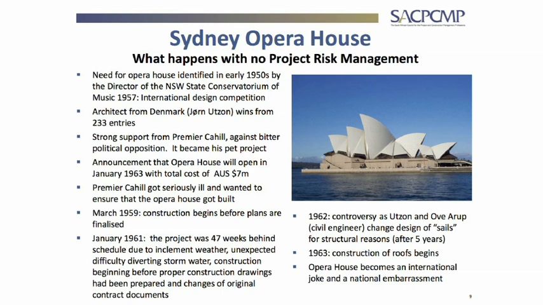They received about 233 entries, of which a guy from Denmark, Jørn Utzon, out of all the entries, he won. They liked his concept and his idea the best, and they actually appointed him as the architect. At that time, Cahill was the premier in Australia, and with strong opposition from his fellow members,